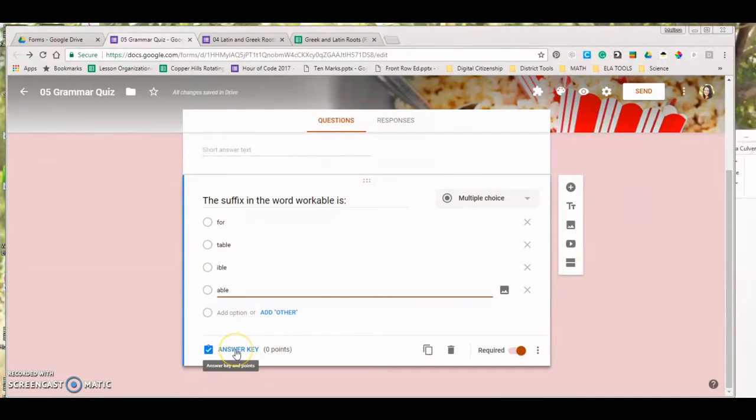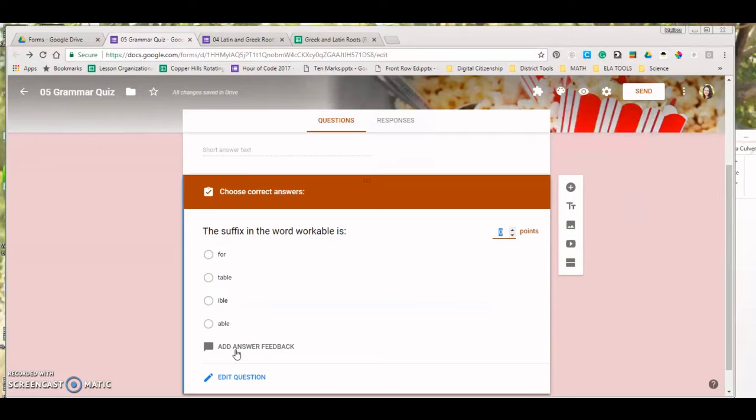The answer key option only shows up because I have communicated to my Google form that I want this to be a quiz. So I'm now going to click on answer key, and I'm going to choose the correct answer for this particular question. So the suffix on "workable" is "able," and I can choose however many points I want